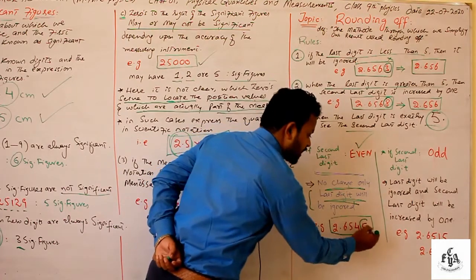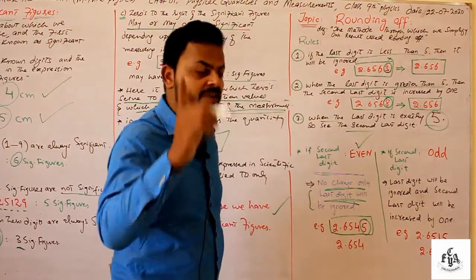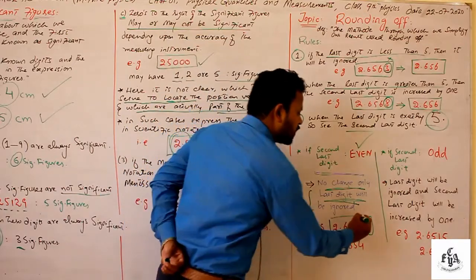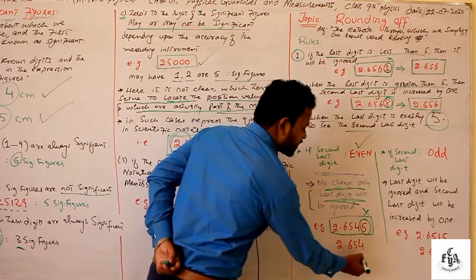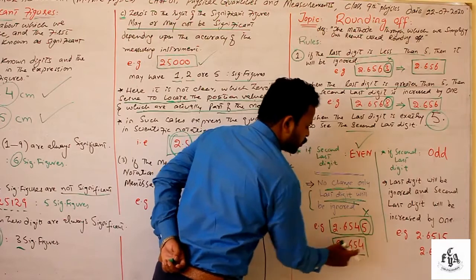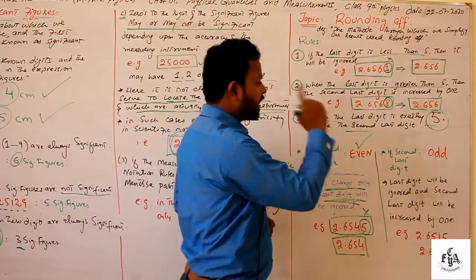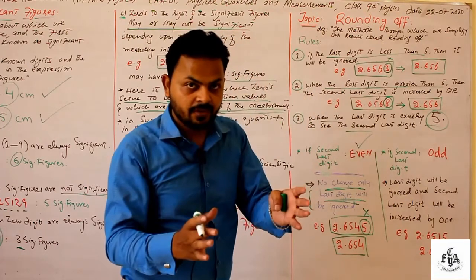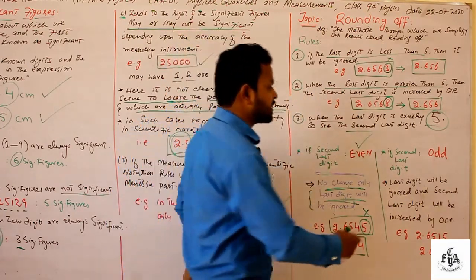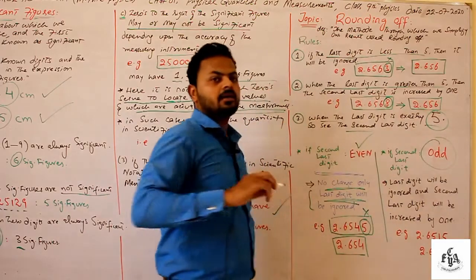For example, we have a reading like this, 2.6545. Last digit is what? Last digit is exactly 5. So what we do, the last digit is only ignored, no changes are observed, so this will be 2.654 only. Done? Now, if the last digit is 5 and the second last digit is odd,